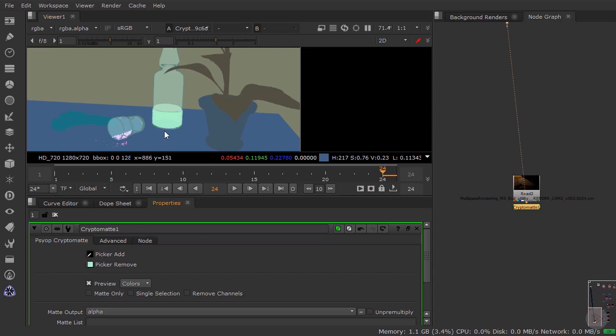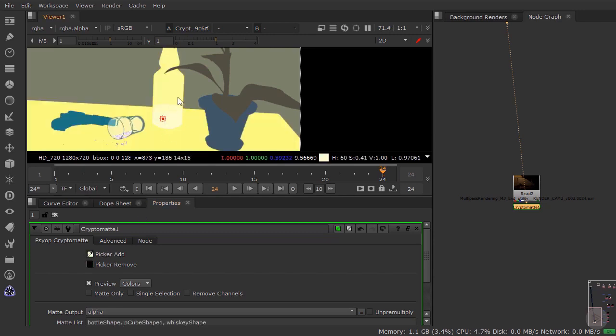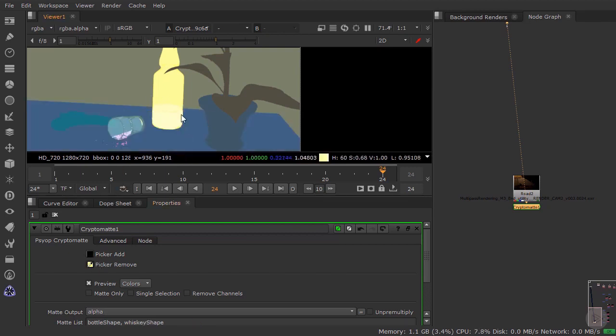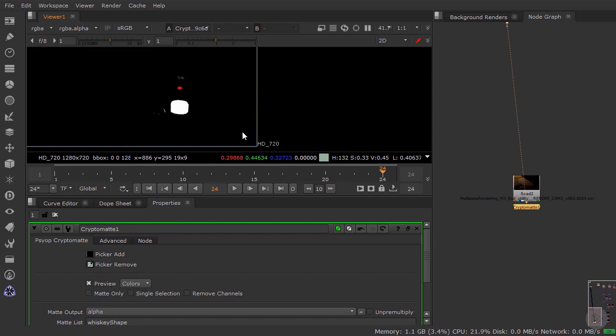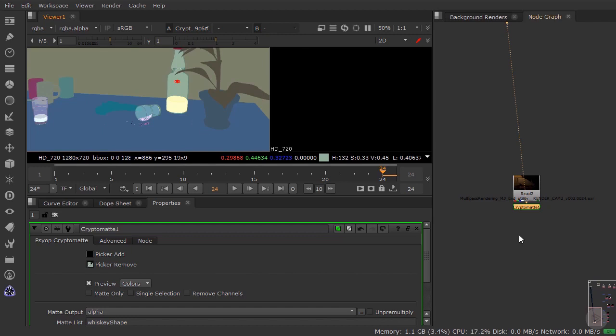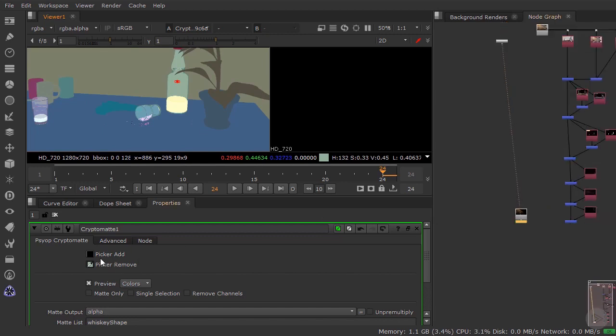And it's a bit like selecting in Maya actually. So you can see, because it's refracting, it's picked the whiskey and the desk. So you can use the pick and remove to remove the desk. So much like you would when selecting vertices or faces in Maya, you can select the bigger range and then deselect. And so now we have just the whiskey within the bottle. And I can remove that. So let's